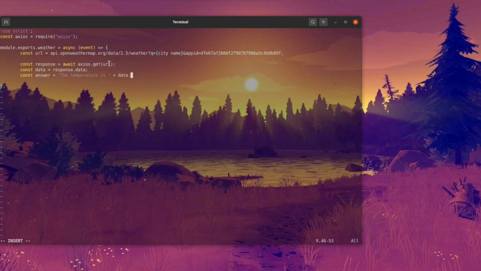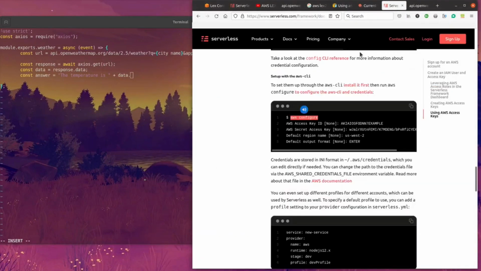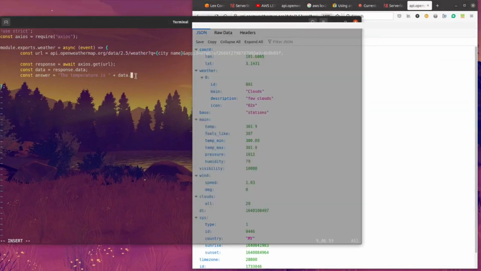Okay, this comes from temperature. Okay, let's look at the temperature. Temperature is from the main temp, so data main temp. Okay, and then it's in degrees C. Okay, in C,